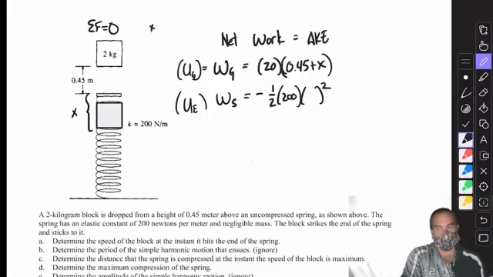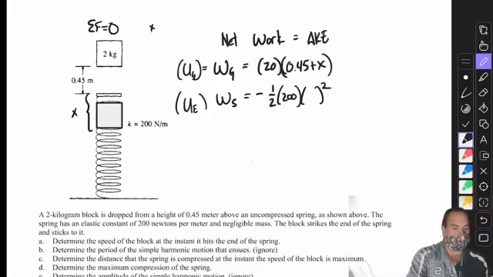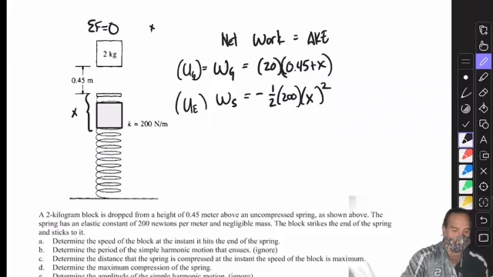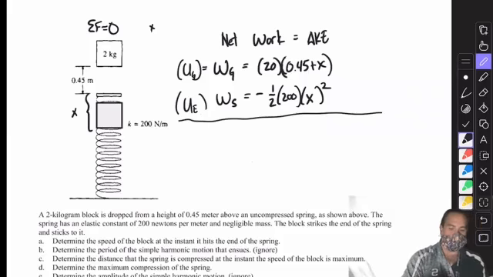I don't know how much it is, though, because I don't know how far it compresses the spring. But I do know that there will be energy in the spring when I am done. The work done by the spring is negative, so now the energy is stored there. The difference is the object will be at rest here, so the change in kinetic energy will have to be equal to 0. Right, started from rest, ended at rest, so the change in kinetic energy after all the work is done is